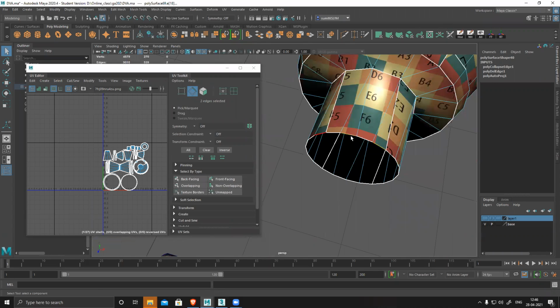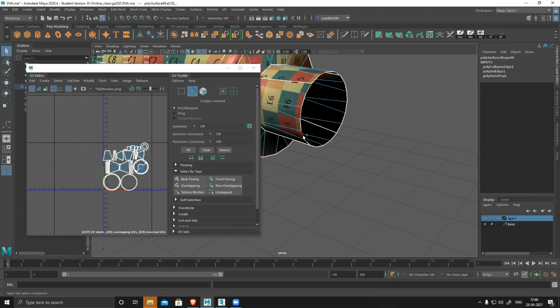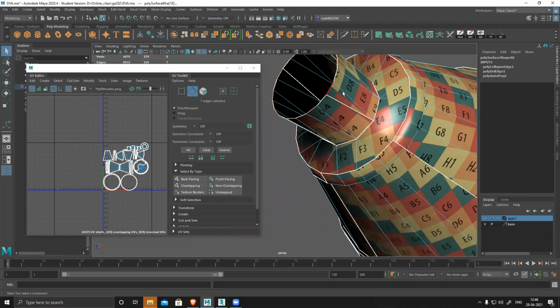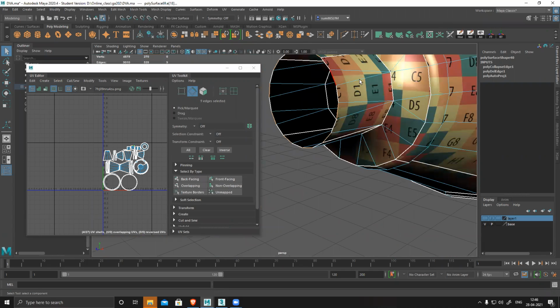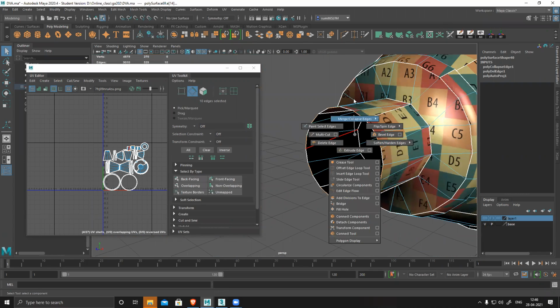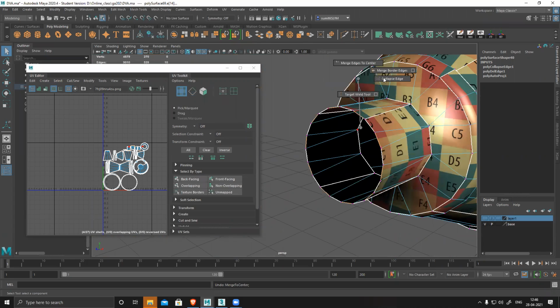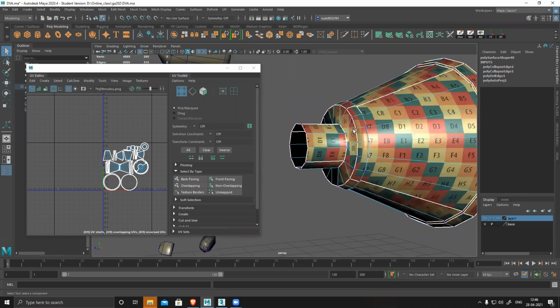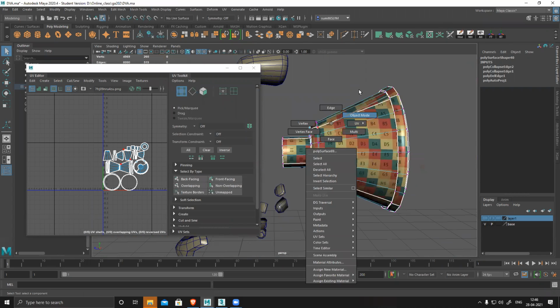But this section is not visible, so there is no point having this many polygons here. Sorry, collapse, all clean. If I want, I can reduce it from here also.